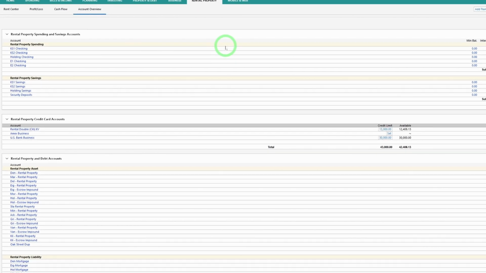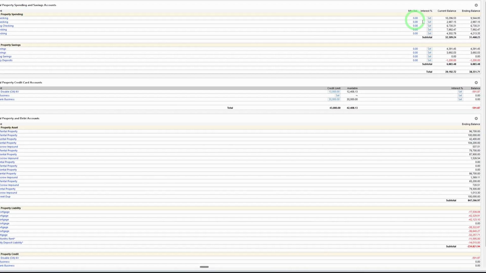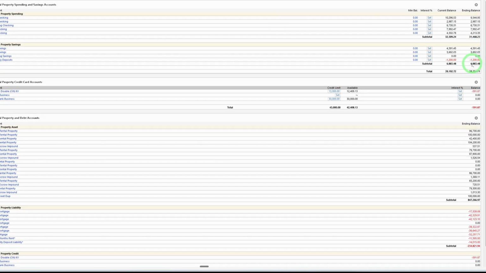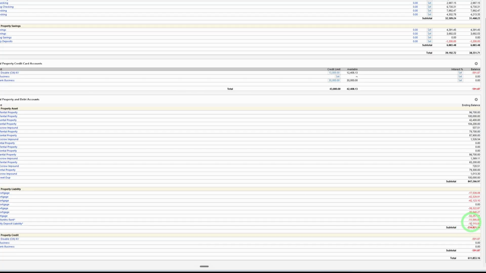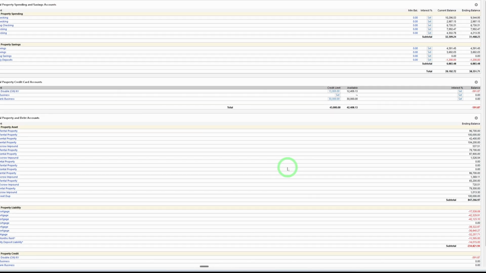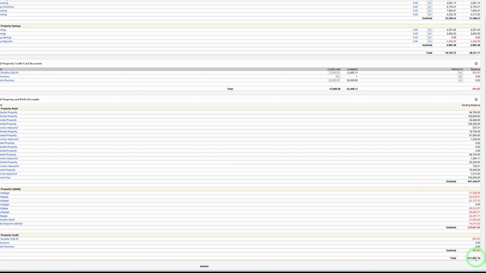Here you can see your balances for your checking and savings accounts. Liabilities, of course, are in red. Your credit usage, rental accounts are here. Everything is connected all in one place. This is a powerful screen. You can look at all of your numbers all in this one screen. This is a way that you can see your total net worth down here of the business, your business net